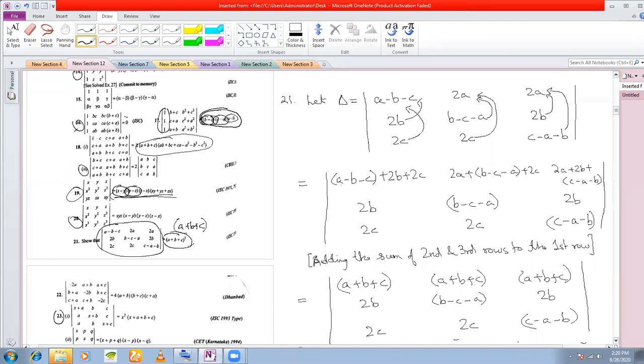Or if you see a 0 on the right hand side, if you need to prove that this determinant is equal to 0, this means that if you can show that any two rows are identical or any two columns are identical or any particular row consists of all zeros, then you can say the determinant is 0. Okay, so these should come into your mind when you see the right hand side. Okay, so let us do the next one. Yes, sir.